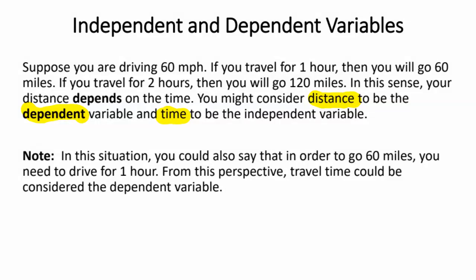How long do we want to drive? That's the choice. If we only drove an hour, we're only going to go 60 miles. But if we choose to drive 2 hours, we are going to have an odometer that shows we've gone 120